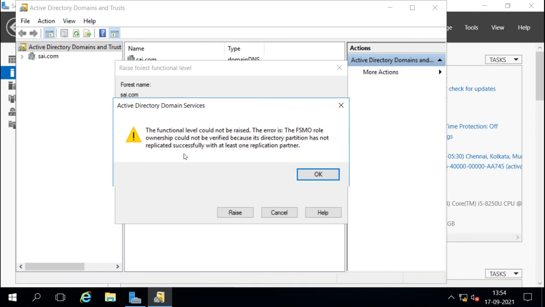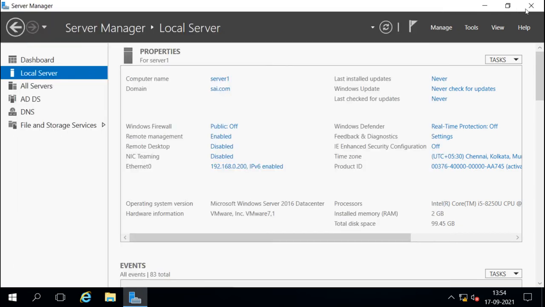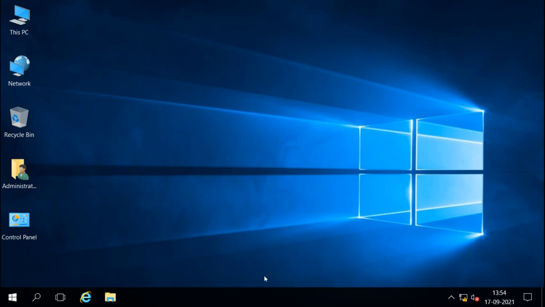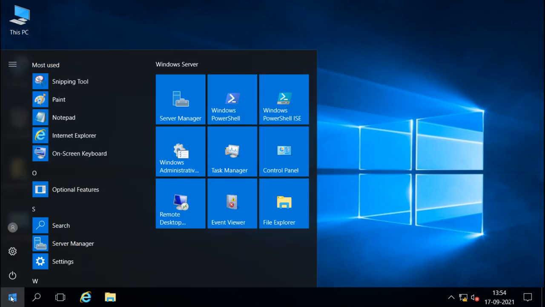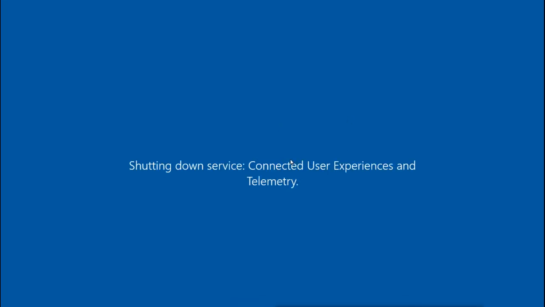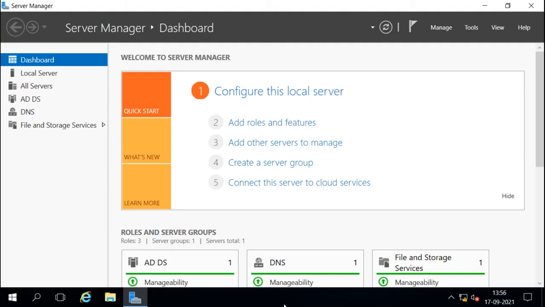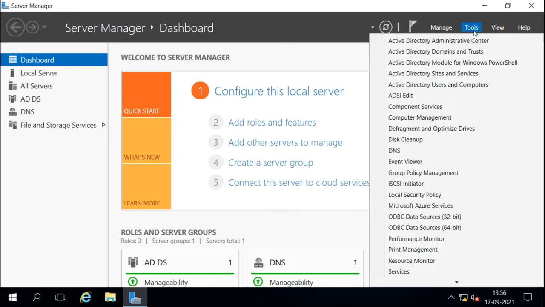Okay, it is talking about the role. That means I have to reboot the system because it is not being replicated within the other domain controllers. The forest functional level, this schema master role or domain naming master role. It is rebooted. Now I will try again.